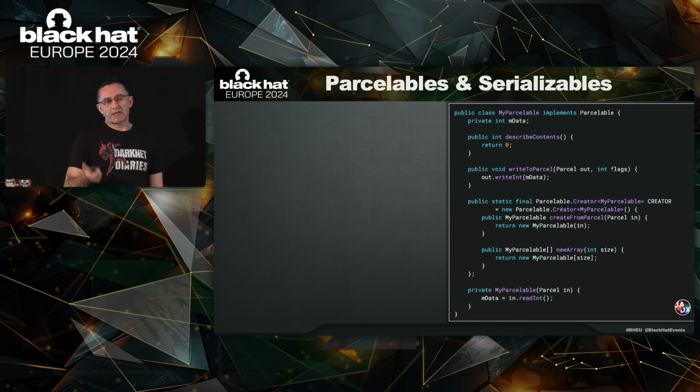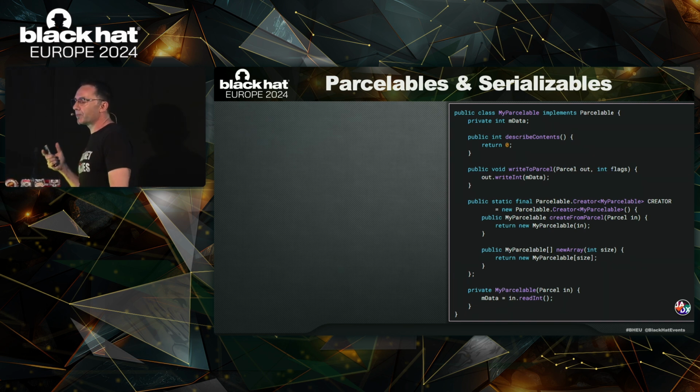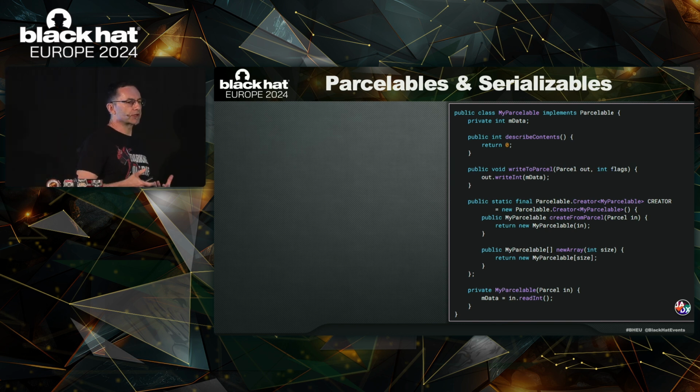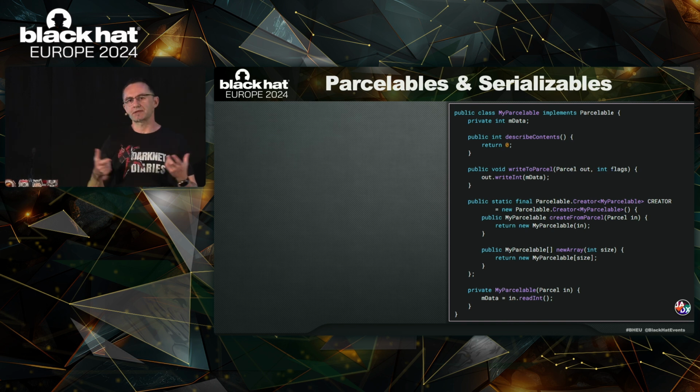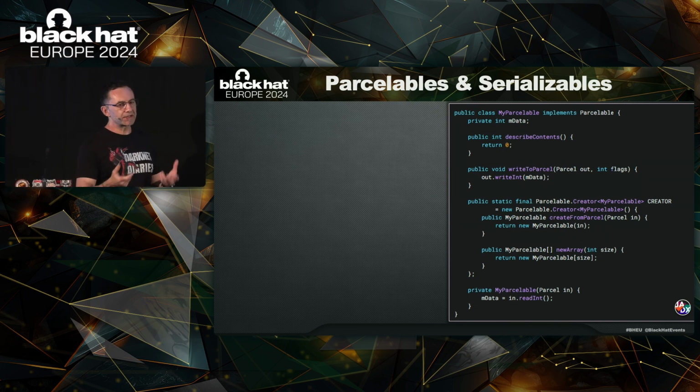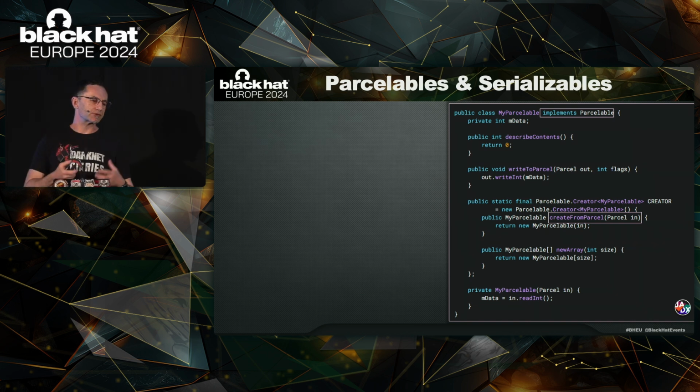Now, in Android, moving objects between components is essential for inner and inter-process communication, so the adoption of an additional class, specially designed for this reason, was unavoidable. So Android, besides serializables, uses parcelables for classes that can be read from and written to a parcel. So these classes must implement the parcelable interface and must provide methods that can be used in order to read